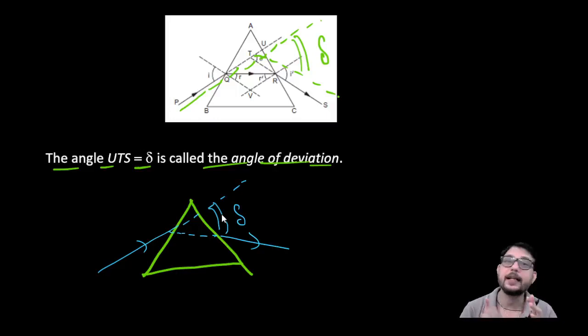If we take a glass slab, then we can say that it will not deviate the ray; the emergent ray becomes parallel to the incident ray. But in the case of a prism, because the interfaces are not parallel to each other, the ray that comes out of the prism and the ray incident on the prism must be at a certain angle, and that is the angle of deviation. I hope this is now clear.